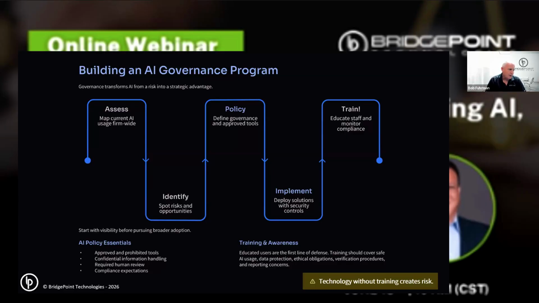So then when you do that, the policy gets crafted, which I have a template for. I would work with the management of the firm, and we do the policy that they're comfortable with, and they deploy that. And then at the same time, based on the assessment, you're usually going to know the people that should be members of the pilot group, that see the value, whether they're an associate or a managing partner that's 5 years from retirement but is jazzed up about AI. You want that energy in a pilot group, with good examples to share with people that have maybe never touched AI. And then you deploy it, and then you train. Again, you want to train on risks, rewards, and how to use it.